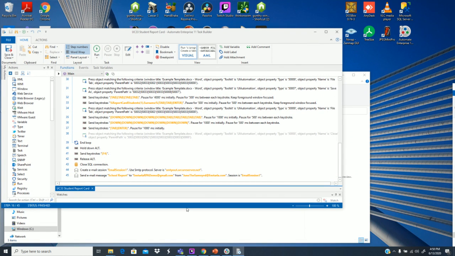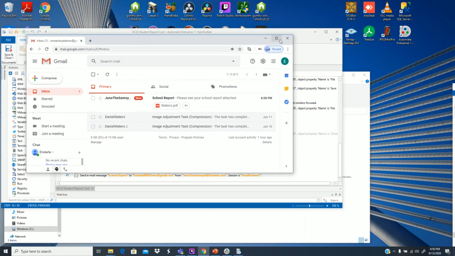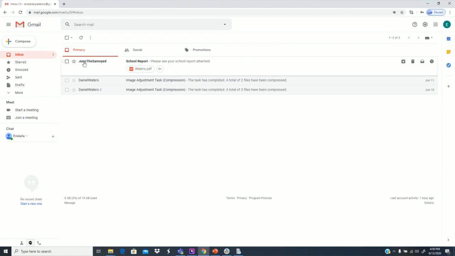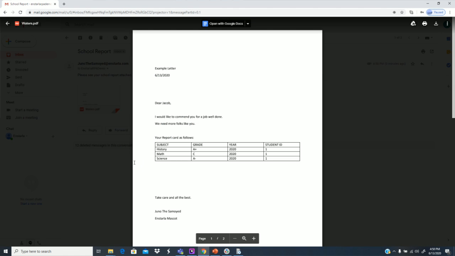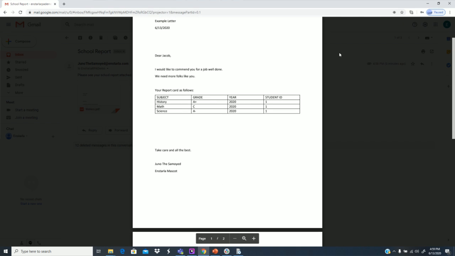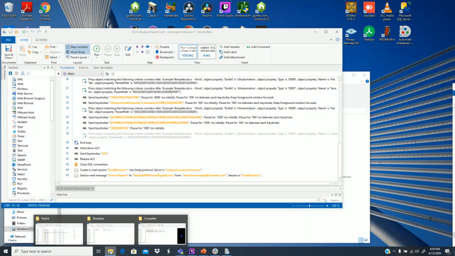Okay, and we're done. So let's have a look. Here we have our email here from Juno the Samoyed, one of my dogs. I have 2 dogs, and there we go. Commend you for a job, well done. We need more folks like you. There's our student card, and to show you where that lives on disk,